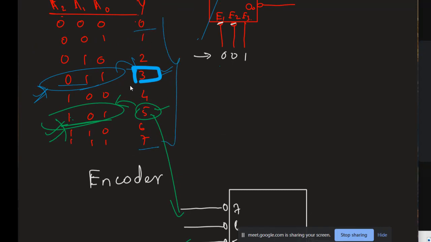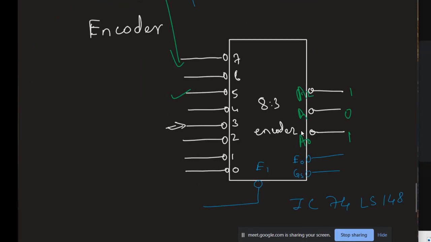So what if I have more than 8 combinations? Beyond 7 there is 8, 9, 10, and so on. So what should I do? I can have one enable output. That means I can have 4 combinations then. Let's say A0, A1, A2 and let's say E0. So 0 0 0 0 will be your 0, then 1 0 0 0 will be your 1. I hope this part clears what that other enable line would be.